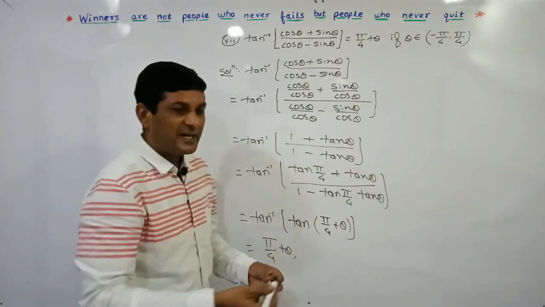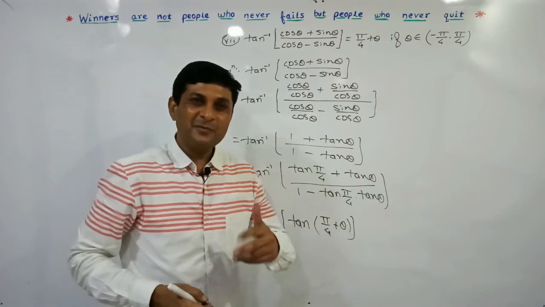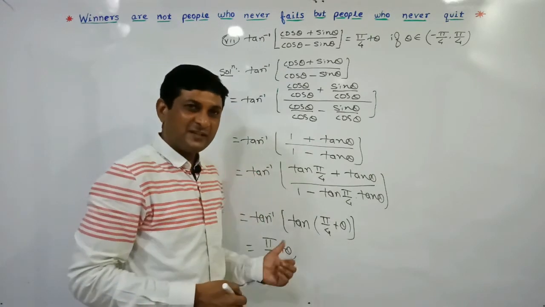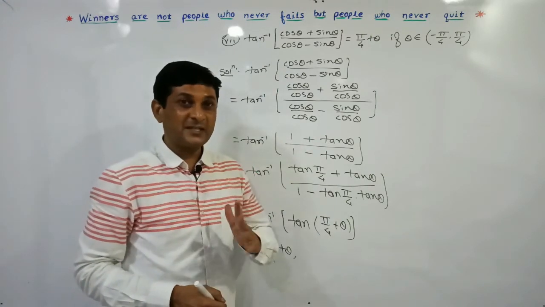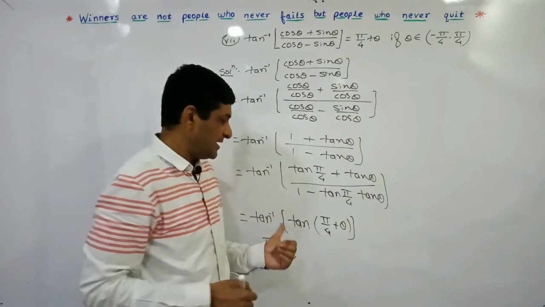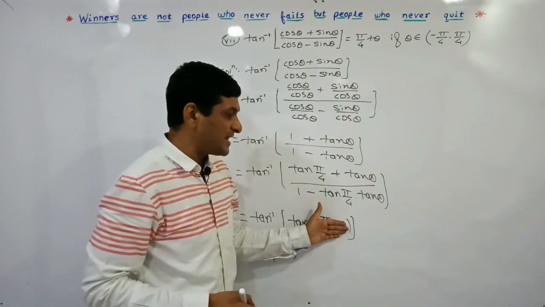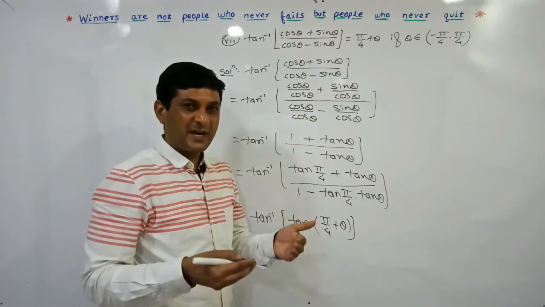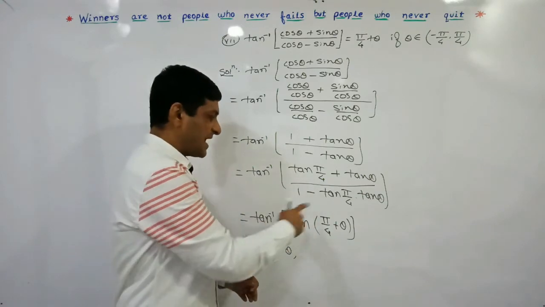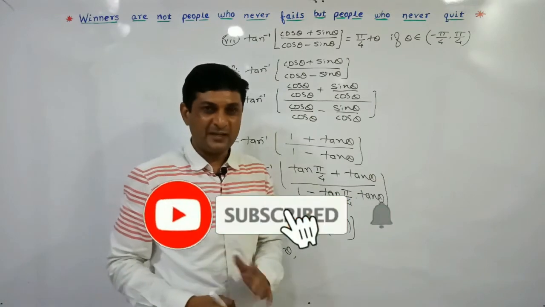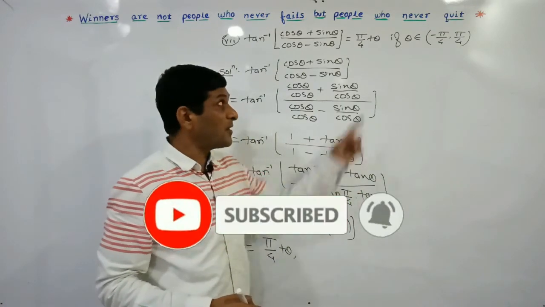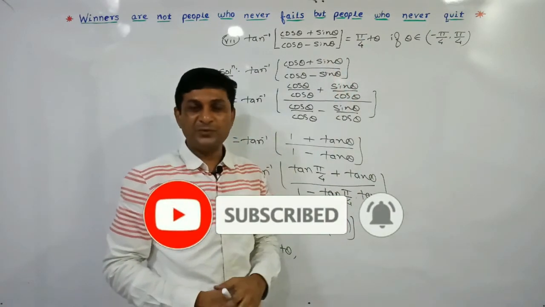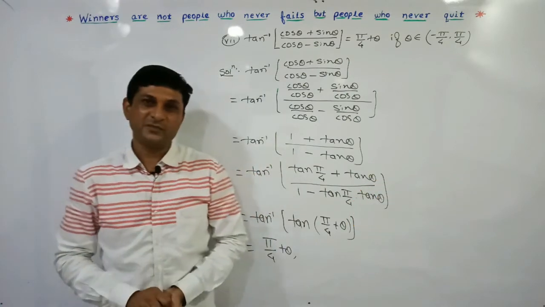Actually, tan and tan inverse will not get cancelled. हम याद रखने के लिए ऐसा बोलते हैं कि tan and tan inverse will get cancelled. It is nothing but one of our properties that tan inverse of tan x will be equal to x. But to remember, for understanding, we are just saying that tan and tan inverse will get cancelled. So well, in this way we have got the right hand side.